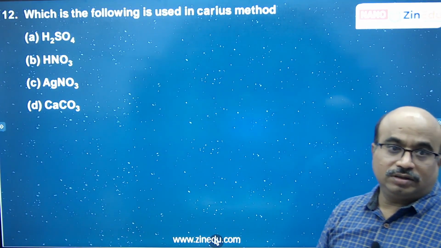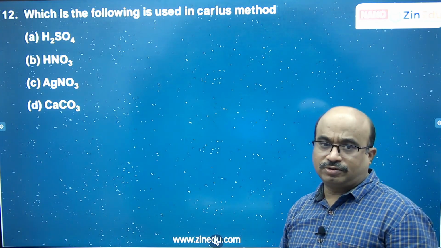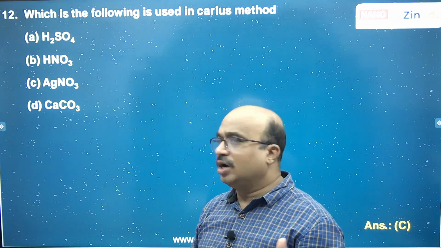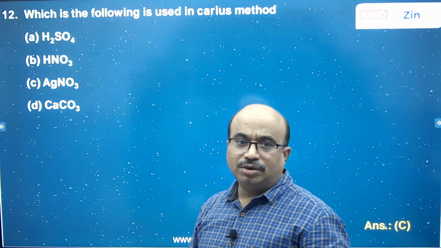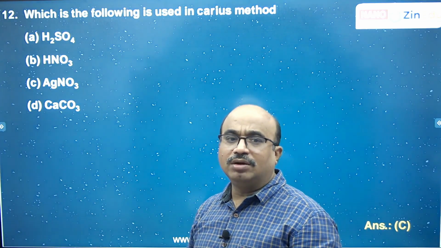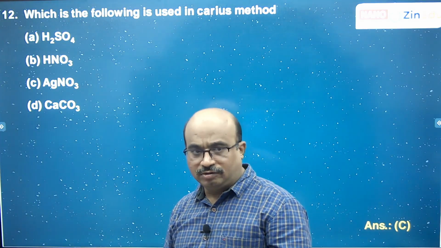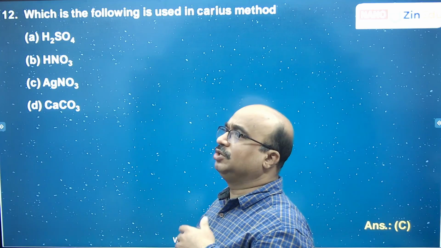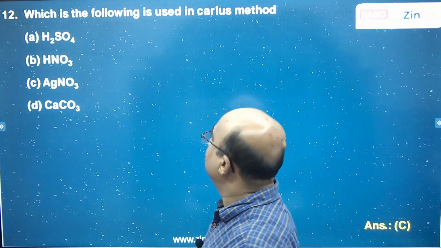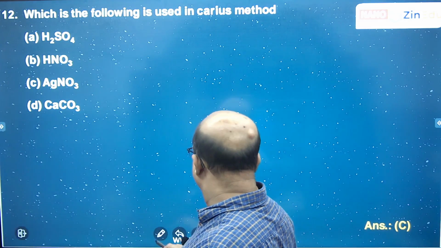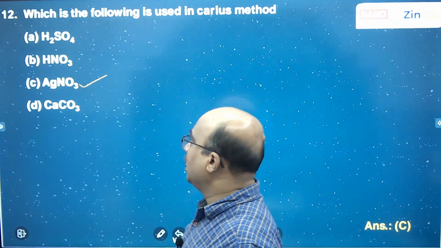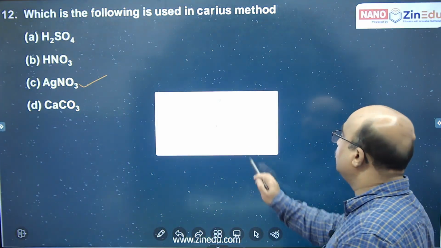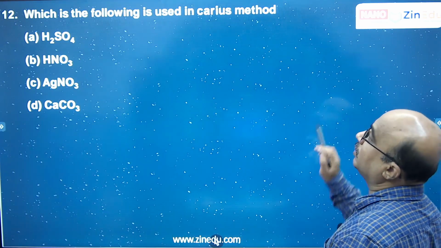Which of the following is used in Carius method? Carius method is for analyzing the amount of halogens present in an organic compound. We convert them into, let us say, sodium halides, then we convert them into precipitates as silver halides, then we identify the amount of silver halide formed, then we can identify the percentage of halogens in an organic compound. So it is the silver nitrate which can be used for analysis of halogens by Carius method. Next,